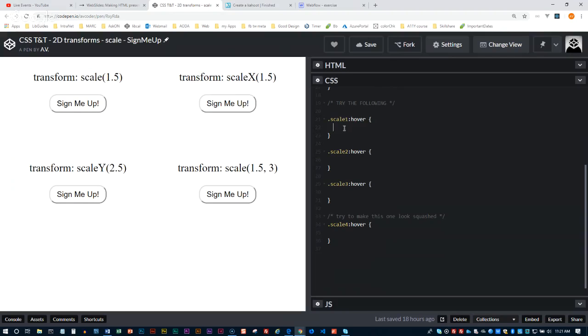And all you have to do is type what I typed here. Okay, so let's try it out. So transform scale 1.5. Now, notice I already put your trigger here, your pseudo class of hover. So if you hover over the button, there, it transformed. Now, you may be thinking, okay, cool, but it's not like the animated experience that I was